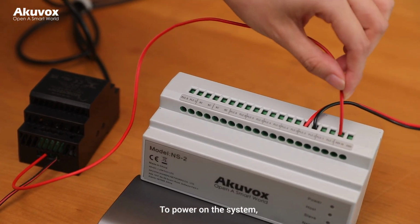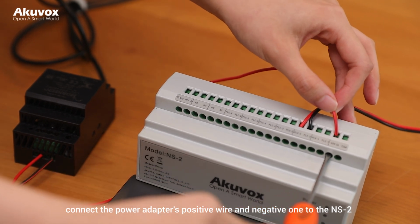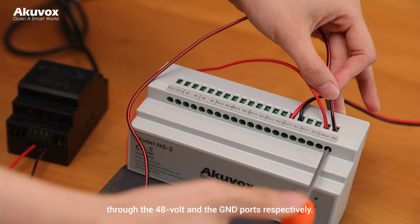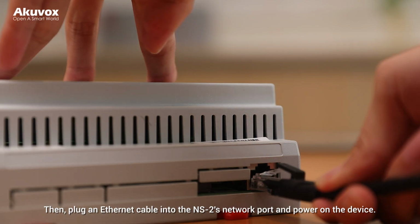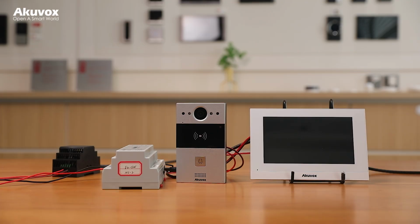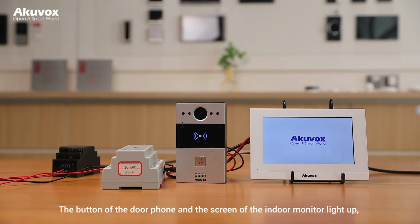To power on the system, connect the power adapter's positive wire and negative one to the NS2, through the 48-volt and the GND ports respectively. Then, plug an Ethernet cable into the NS2's network port and power on the device. The button of the door phone and the screen of the indoor monitor light up, indicating the devices are powered